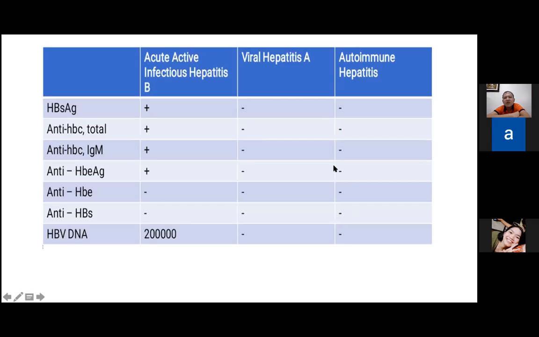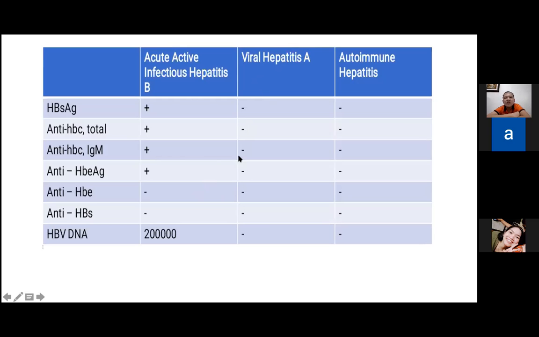Okay, any other questions? Is a viral load of 200,000 normal or not? No, it's already high. What's our criteria for the infectious? It's 200,000 and above, right? 200,000 or 20,000? Kindly check it in the notes. Basically for the infectious, it depends on the count.